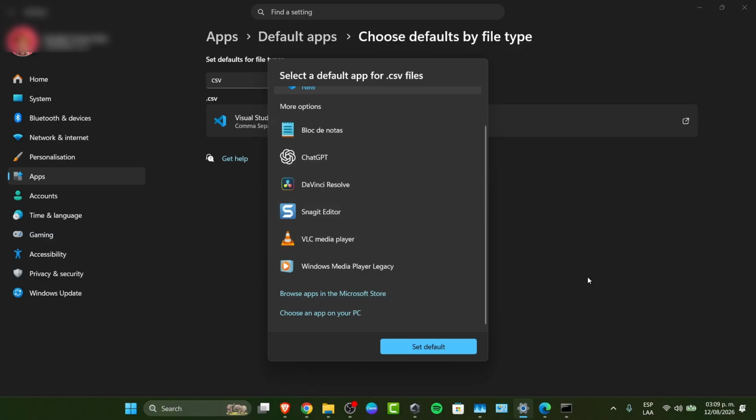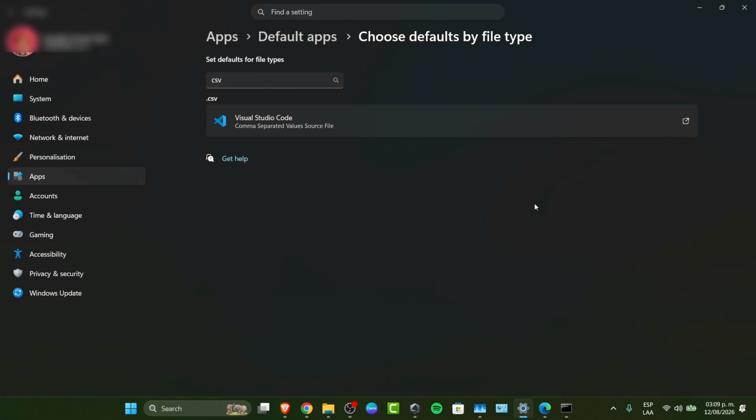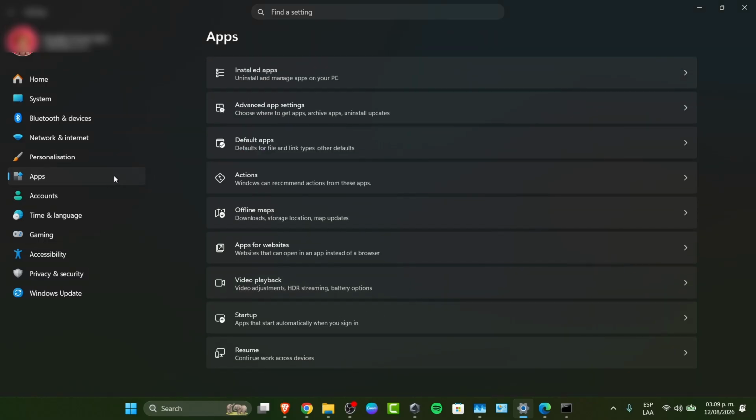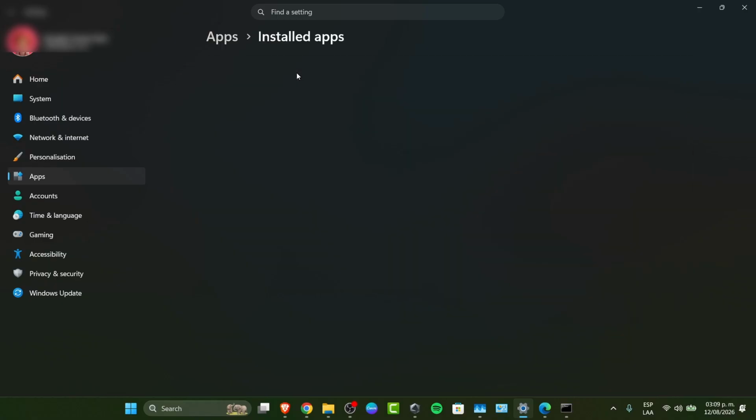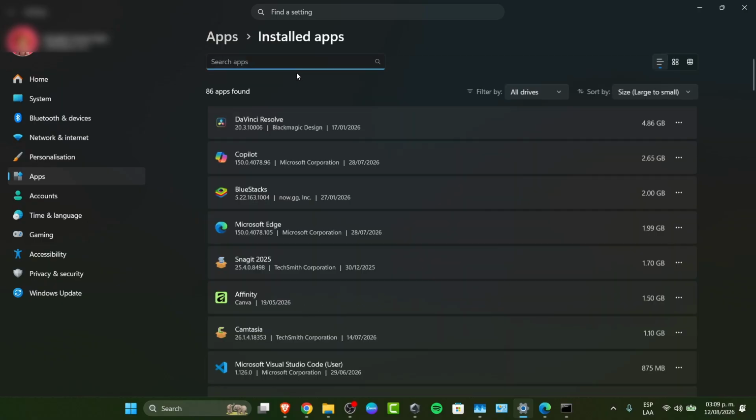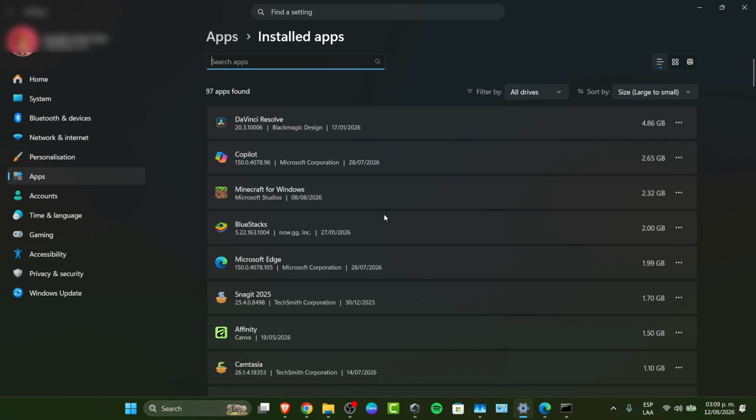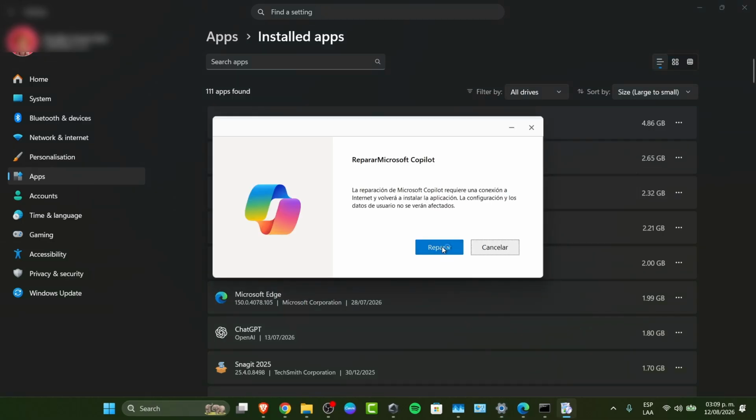If the application is already set as a default but the error persists, what we can do is, inside the settings and applications, focus on installed applications. Inside here, I want to click the three dots next to the actual application that you downloaded. Let's say, for example, this one, and go for advanced options or modify. If you don't see one directly appearing inside here, let's go for this one. Let's go for modify. Let's go for yes. Usually there are a few elements that say repair, so Windows will remember the actual choice. Try repair first and then reset if